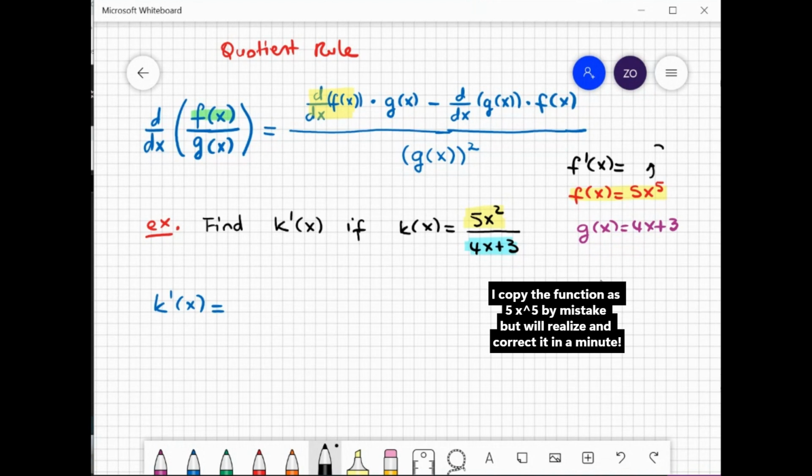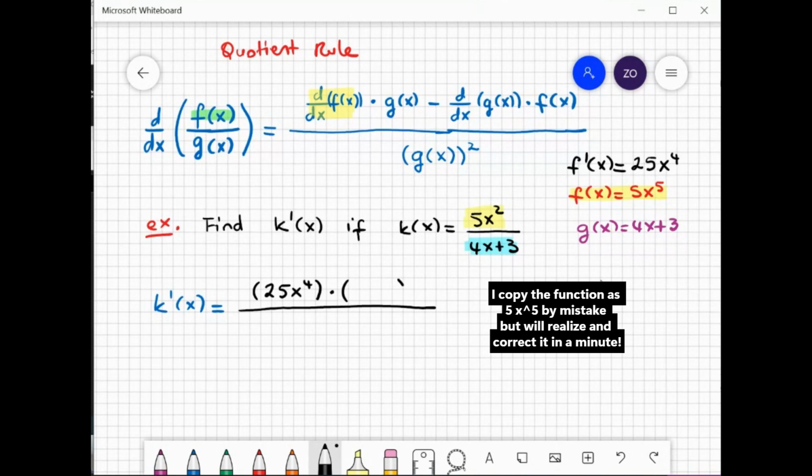Apply the power rule and the constant multiple rule together. So take this 5 to the front, which is going to be 5 times 5, 25, x to the fourth. Okay? So in the formula, wherever we have the derivative of f, we will put 25x to the fourth